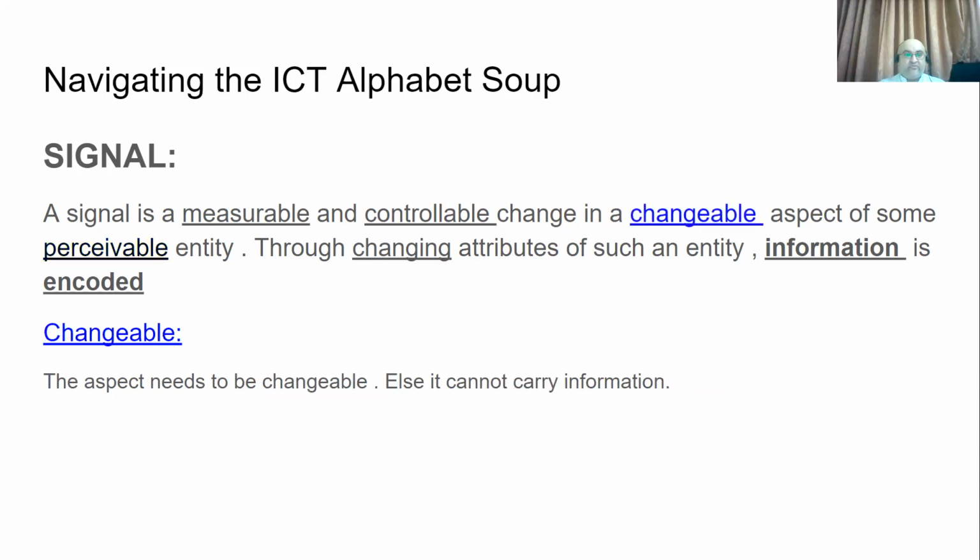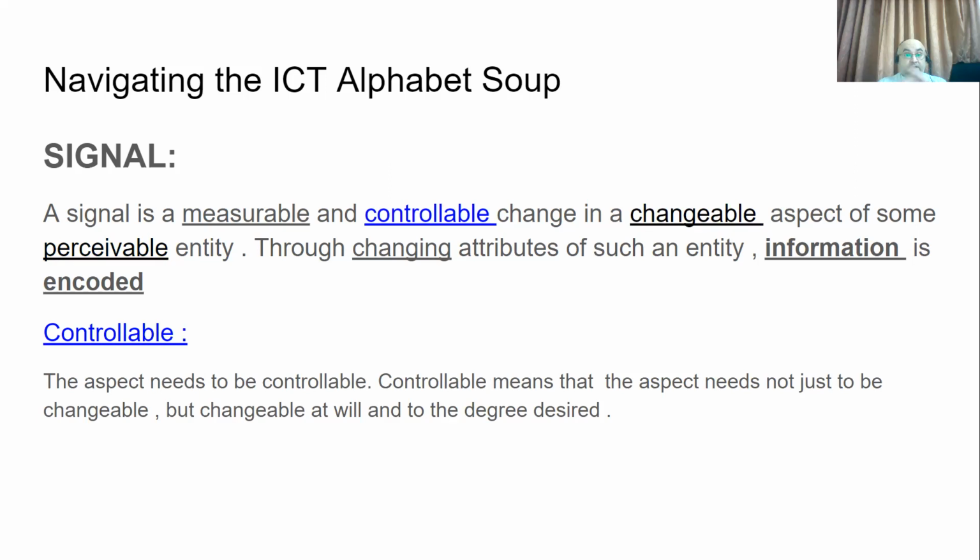Hence, so we move forward. Changeable, then the aspect needs to be changeable because it is that change which actually represents information, right? So let's say you think of a piece of conductor, a wire, which carries some, let's say, electrical current, and if it's constant, then you cannot really use it to send any information on an attribute that is constant, right? If it varies, then you can. So moving on from here,